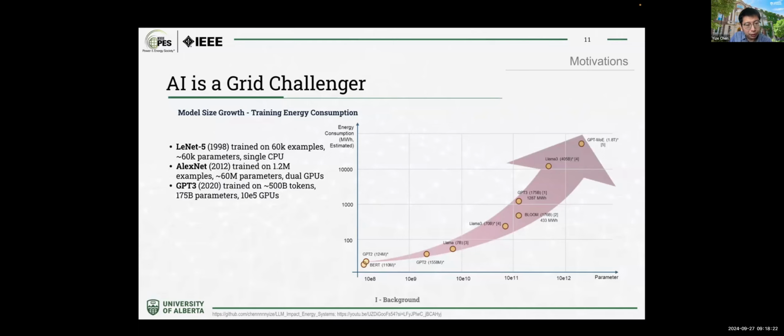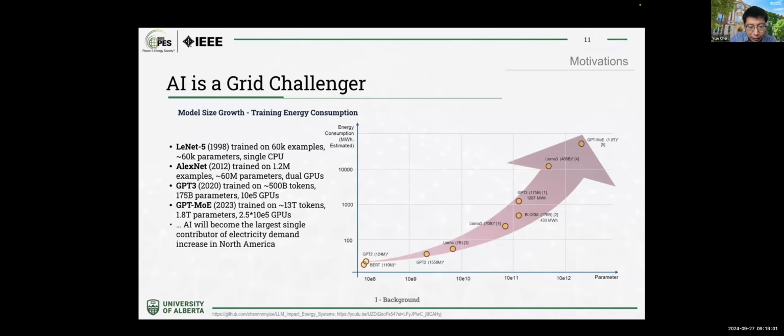And now GPT-3, they use over 10 to the 5 GPUs. Well, for the GPT MoE, which is short for mixture of experts, we use over 13 terabytes of tokens, meaning over 13 terabytes of training samples or training segments. Due to the existence of 1.8 trillion parameters, we use over 10 to the 5 GPUs. And so essentially, with more GPUs, each GPU is already around 1 kilowatt of power consumption, so the total power consumption will be huge.